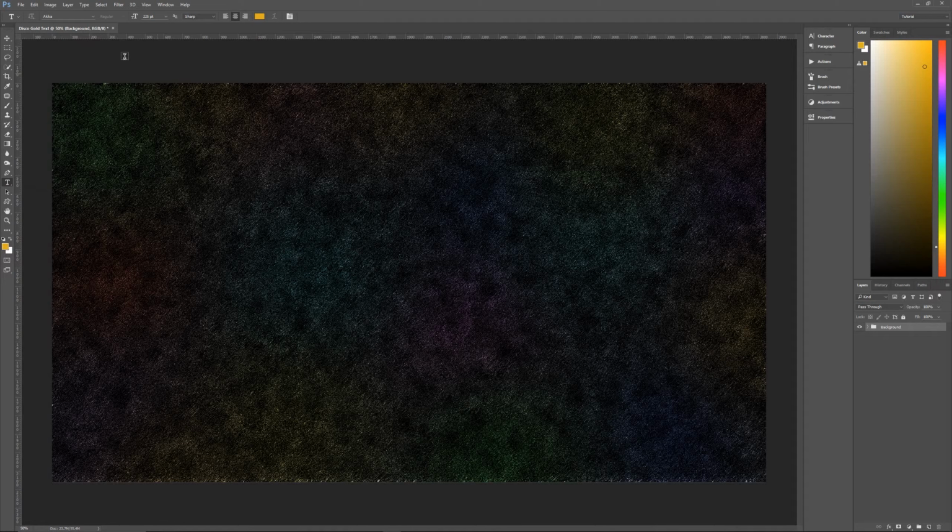And we are going to use a font. Now the font that I'm using is called Akka. I'll leave a link in the description below where you can download this free font for yourself. The size that I'm using is 225 points, sharp, centered. The color doesn't matter. We will be changing it, so whatever the last color is that you used on your background is fine. And then once you're ready, click anywhere on your document and then type in your